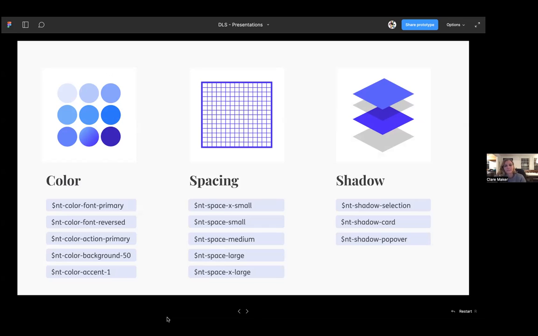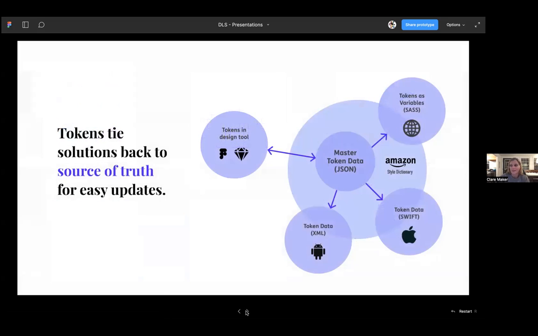And by creating these kind of aliases, if we decide in the future to change and say we want blue buttons, we have very discrete control, more than we would in traditional web design or CSS, where we had this brand purple. And you would have to go and say, okay, where did we apply brand purple? Okay, in the headings, we want to leave it. And in the buttons, we want to change it. And so I just wanted to call out that you can have the same value represented by different tokens.